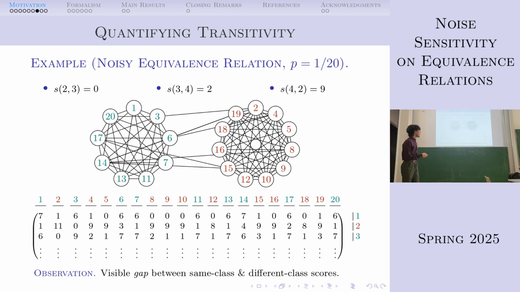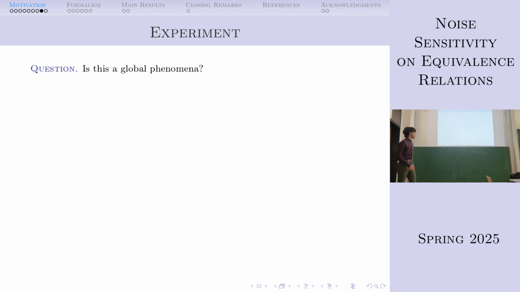And at the same time, if you look at the scores of the number 1 with the elements which are originally in the same equivalence class, then you have 6, 6, 7, 6, and so on. They're almost unchanged. They started at 7 and they've been perturbed to a small degree, but they can still resist this level of noise. And there's of course the natural question, is this something that we can generalize, or is this just a lucky example? Maybe I sat down before the talk and I found the nicest example I can get. Well, I did,